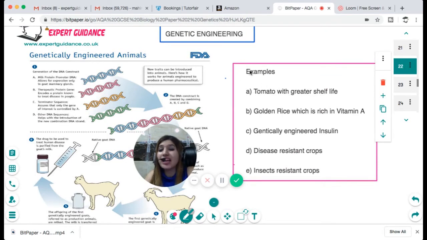So what are the applications we can have with this genetic engineering? We can make a tomato with a greater shelf life. We can insert the gene for vitamin A in the rice and make golden rice, which is rich in vitamin